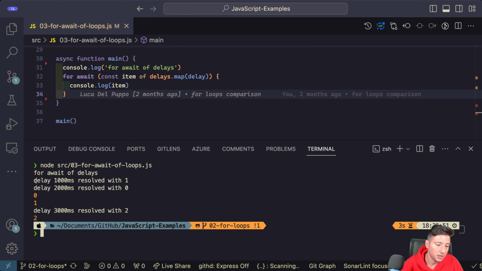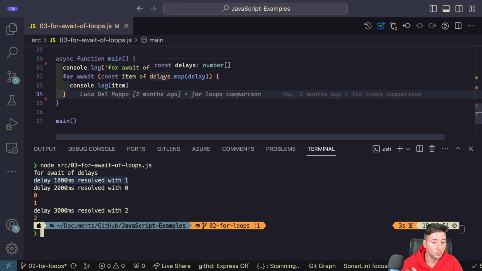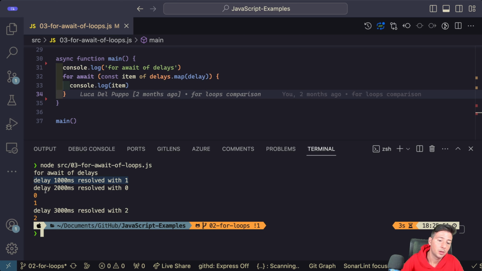So as you can see, the second promise is resolved, but wait, because the first promise is the promise with 2 seconds for the timeout. So until the first promise has resolved, you have to wait for the element of the for await of. In this case, for instance, the first element is 0